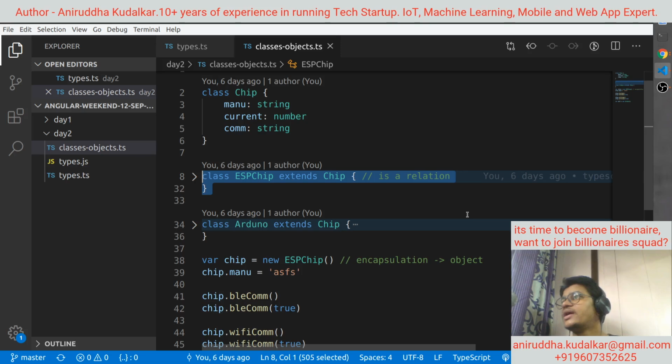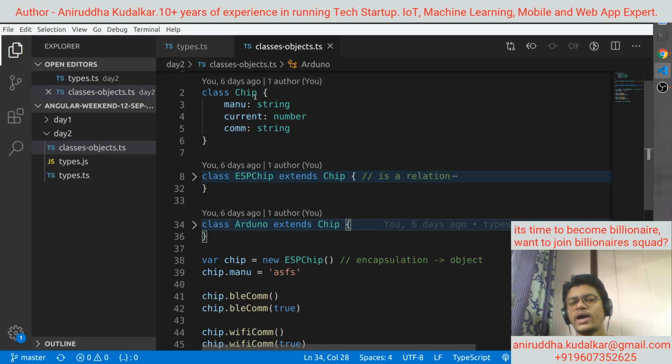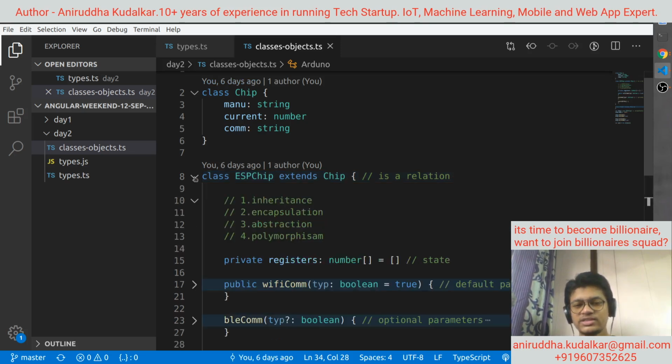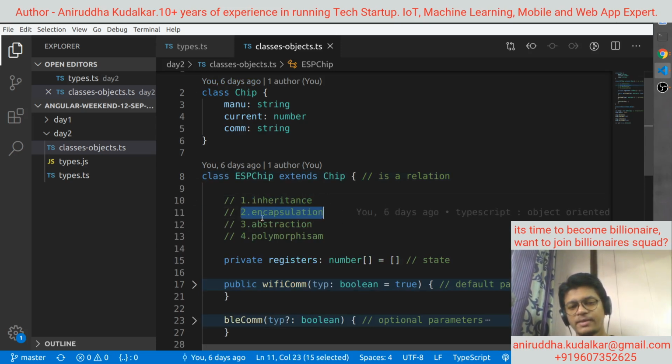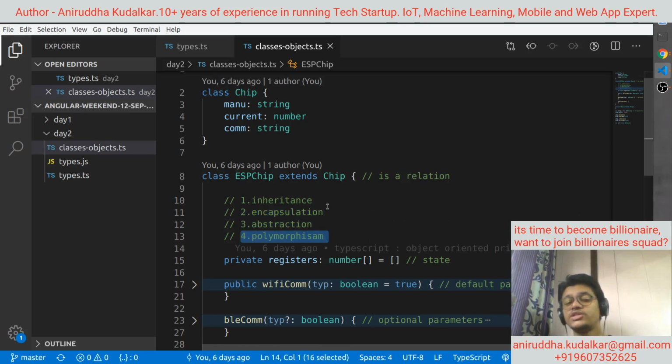If you want to write structured or architecturally well-designed code, it's always good to keep object oriented principles in mind. So these 4 are the basic principles of object orientation: inheritance, encapsulation, abstraction, and polymorphism.